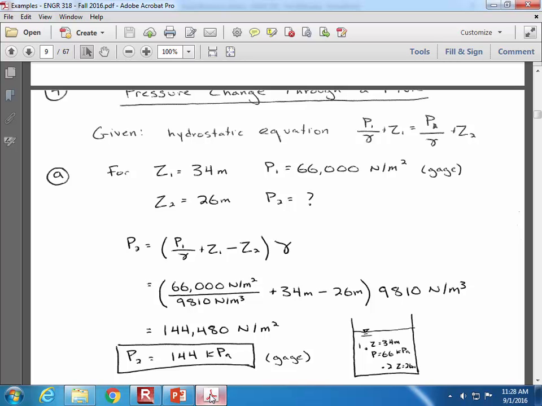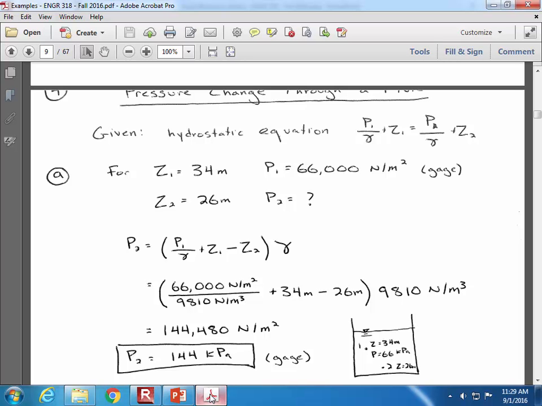A couple of suggestions as you're working. I'll reiterate my suggestion that you should always write the units as you're doing these calculations, because it's going to save you a mistake either on a homework assignment or on an exam or a quiz. So if you had 66 and didn't write kilonewtons, because maybe you're wanting to work the problem in kilonewtons rather than newtons, and then divided by 9810, then all of a sudden you'd have a discontinuity in the units there. But if you had written 66 kilonewtons and then 9810 newtons per meter cubed, then you'd see I need to be consistent both ways. So including the units every time you set up every step, you'll avoid those sorts